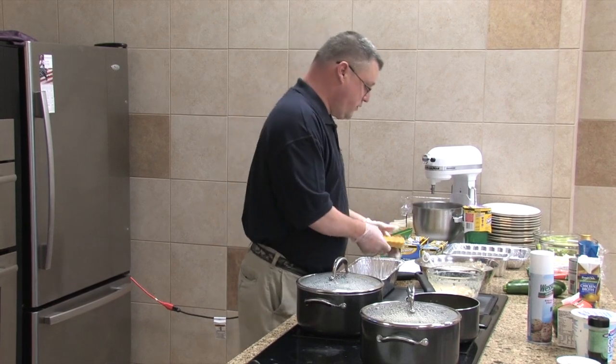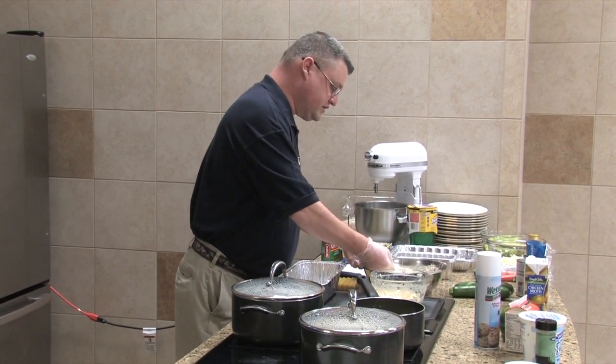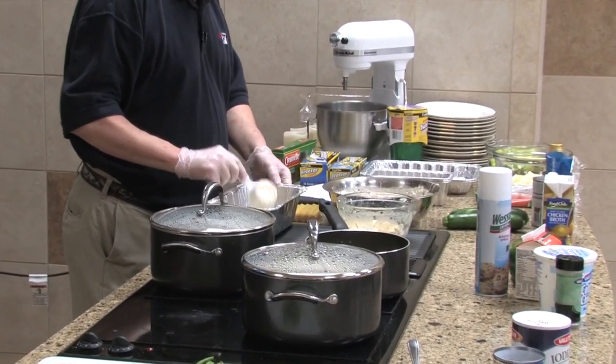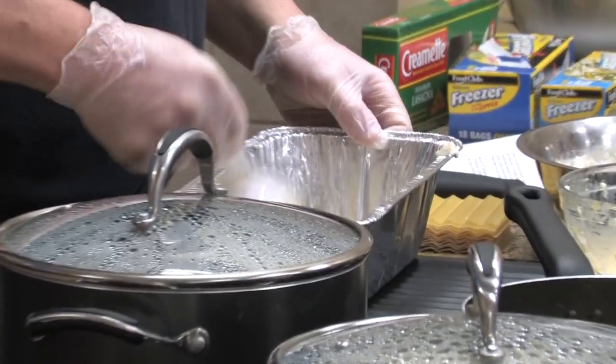What I want to do is go ahead with our mixture, and you can see it's a pretty thick mixture. You can see the peppers and all that in there. I'm just going to take about 1/3 of a cup and spread it around the bottom. This first layer that you're doing here,